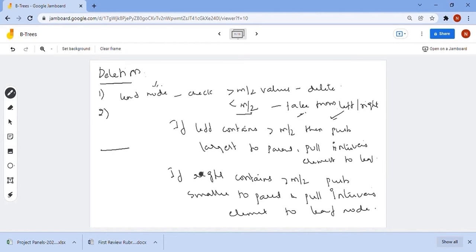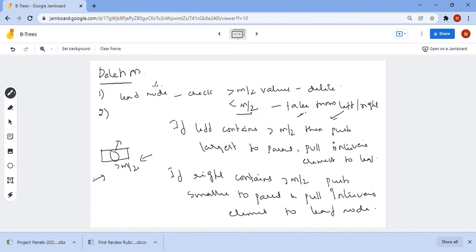For example, if the leaf node contains greater than m by 2 values, then the element is deleted just like that. Let us assume that after deleting the element, it contains less than m by 2. Then you need to take an element from the left sibling or right sibling.